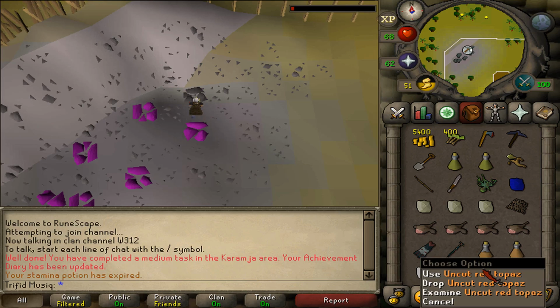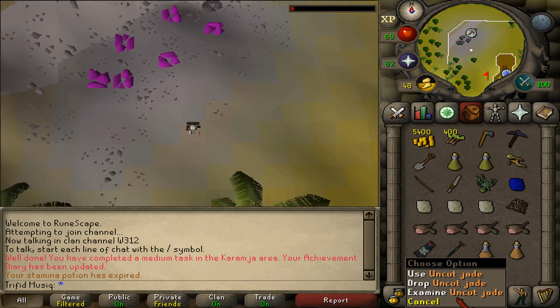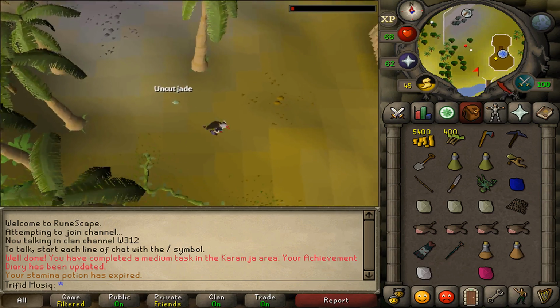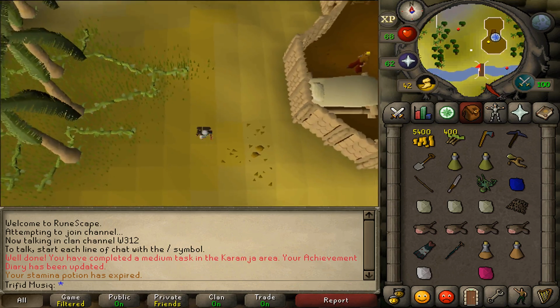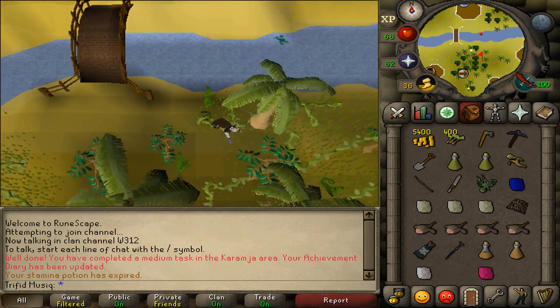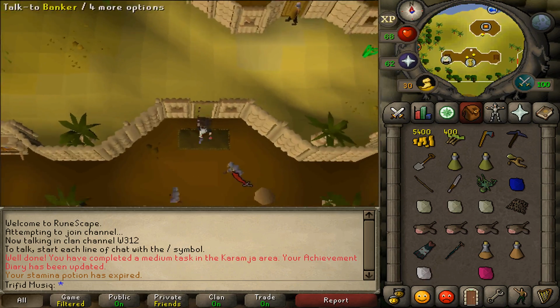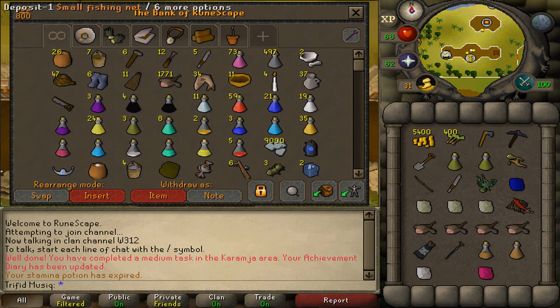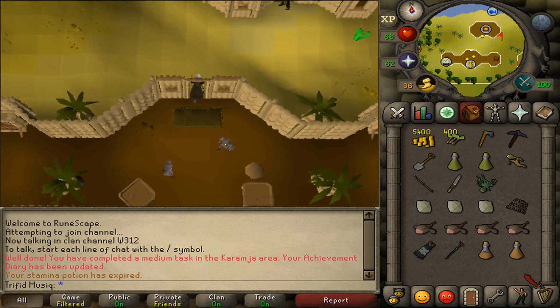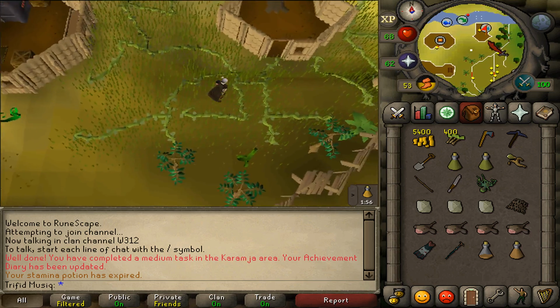Alright, I just hopped once and already got my uncut red topaz. You may drop everything else if you don't want these gems, and let's go to the bank. Here at the bank you may deposit your gems. Also, you don't need your red topaz, so you may also just bank that one. Let's keep everything else in our inventory and let's go north to the fishing shop here in the northwest